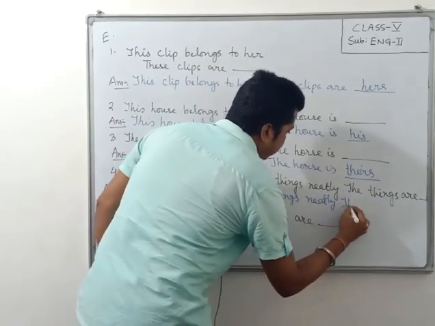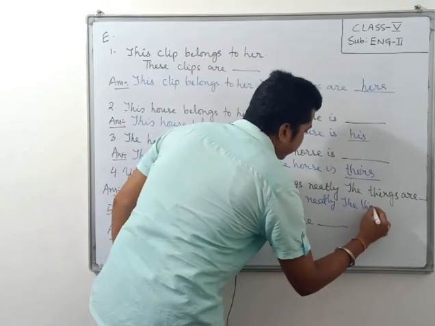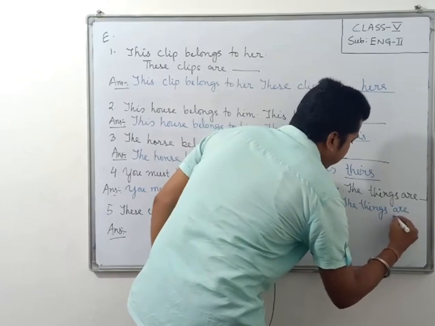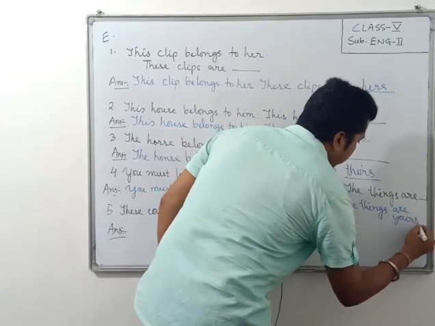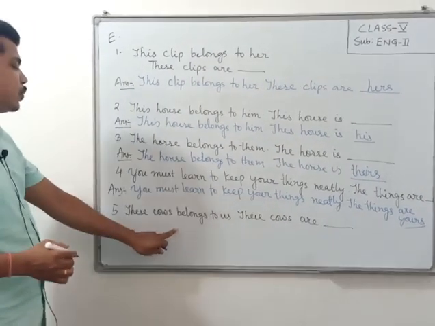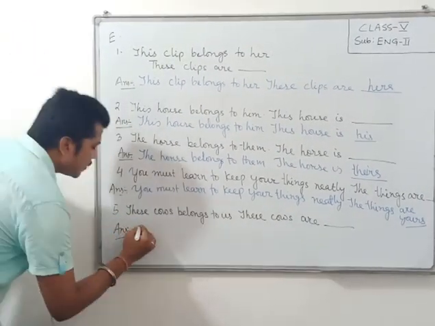Full stop. The things are, what will it be? From you it will be changed into yours. The things are yours. Okay. Next, these cows belong to us. These cows are,